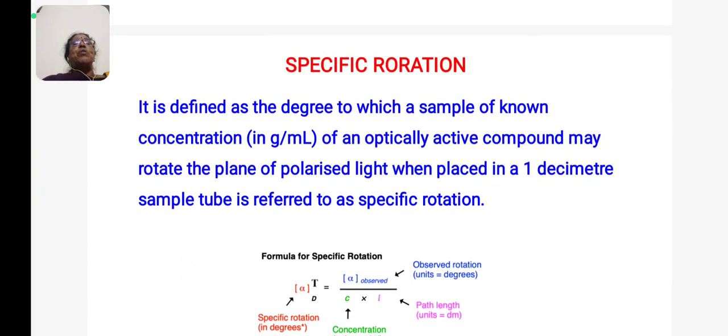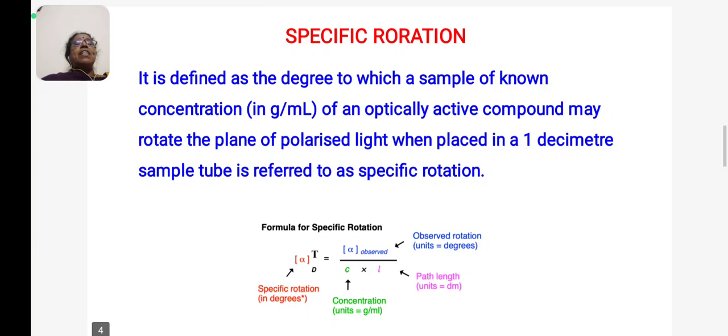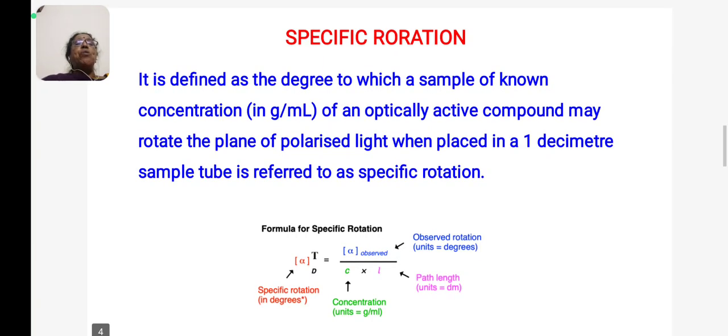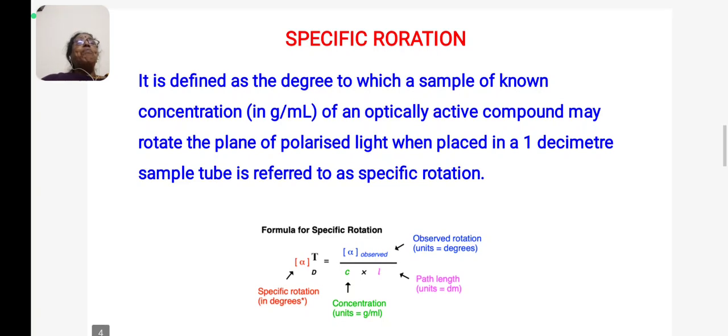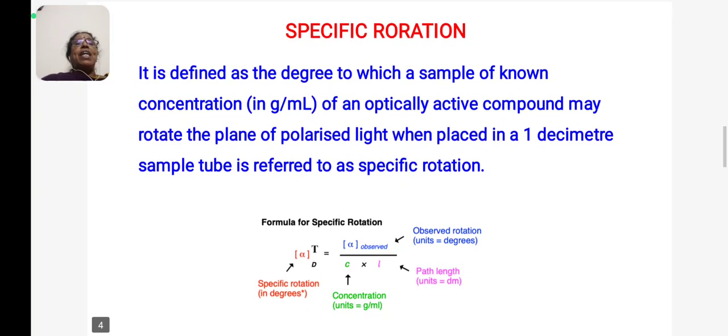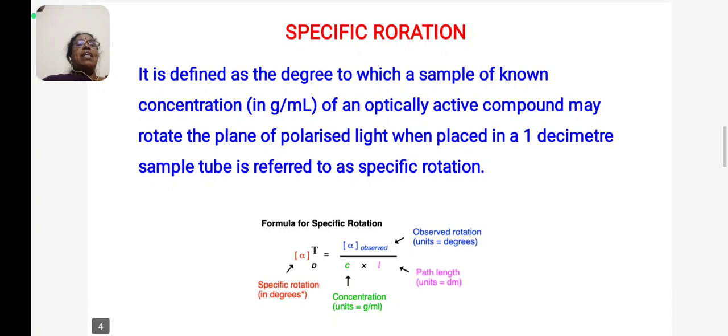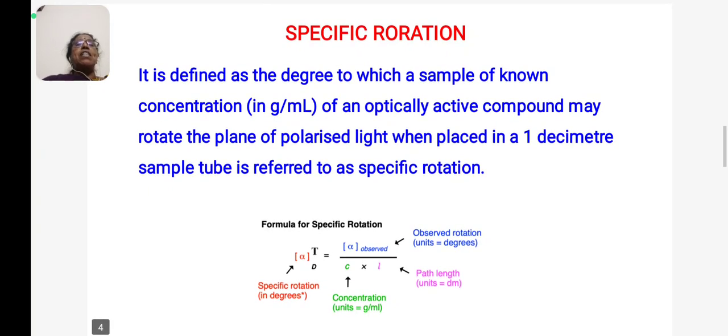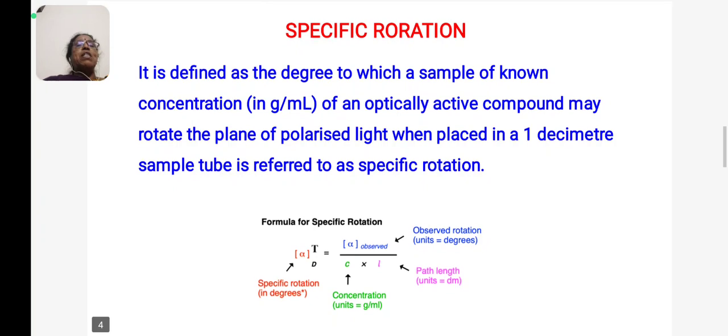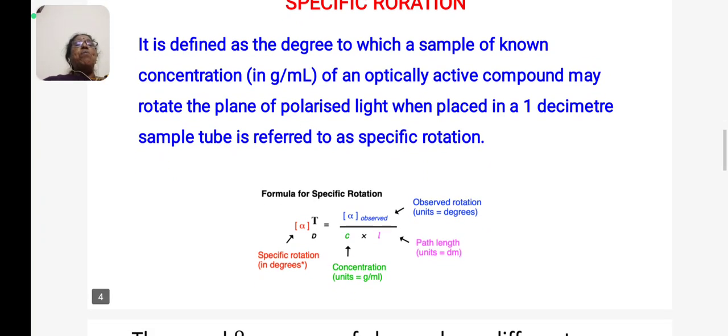Now we will see specific rotation. It is defined as the degree to which a sample of known concentration of an optically active compound may rotate plane polarized light when placed in a 1 decimeter sample tube. The formula used for finding the specific rotation is alpha subscript D, superscript T, where T refers to temperature, equals alpha observed divided by C into L,